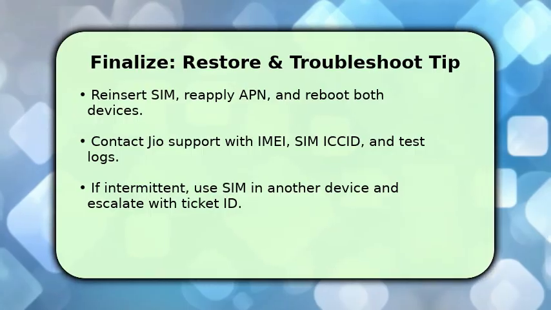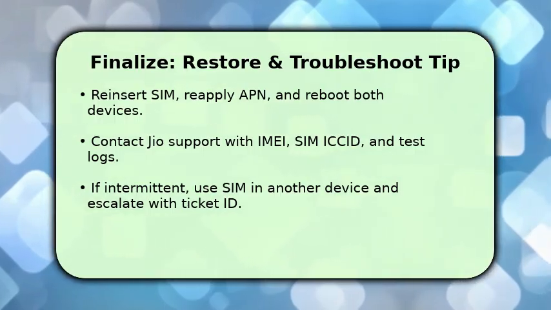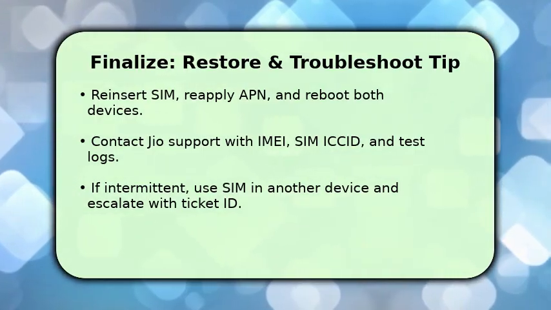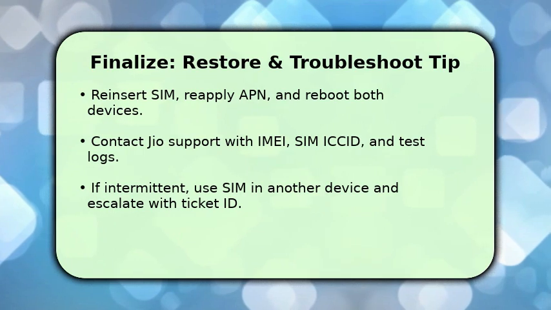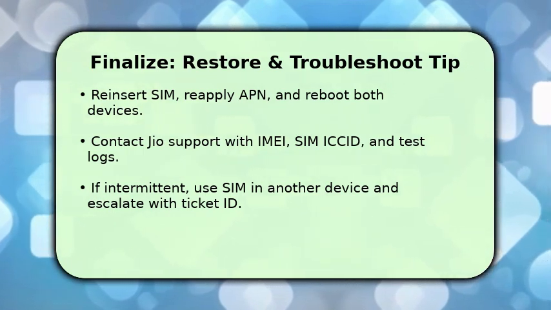One key troubleshooting tip: if connectivity is intermittent, immediately swap the SIM into another known good device to confirm SIM network registration. If it fails,